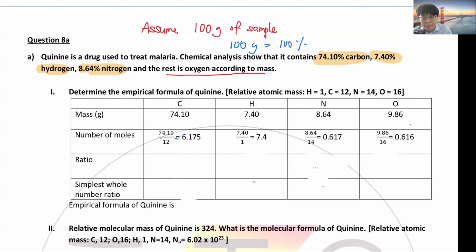Okay. Now then you divide by the smallest number. So this is the smallest. No, this one is the smallest. This question normally in essay, and then it will be quite tricky because the number